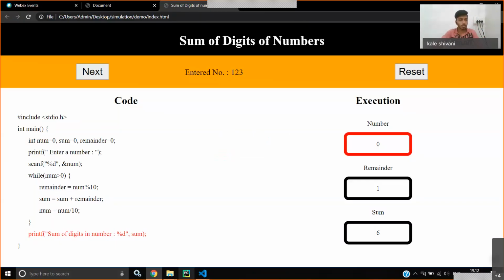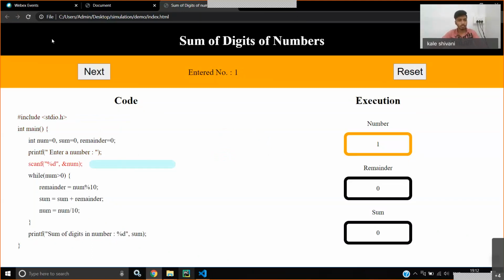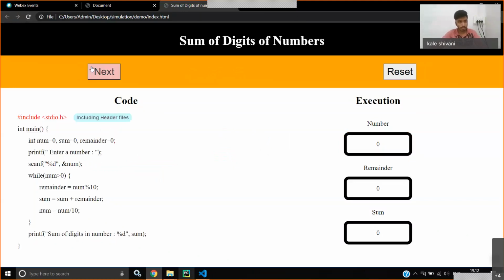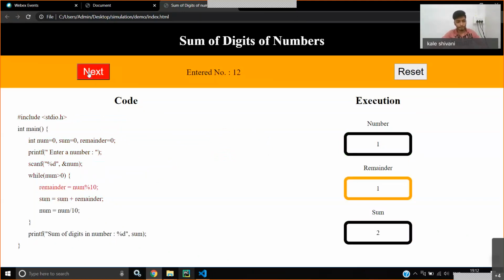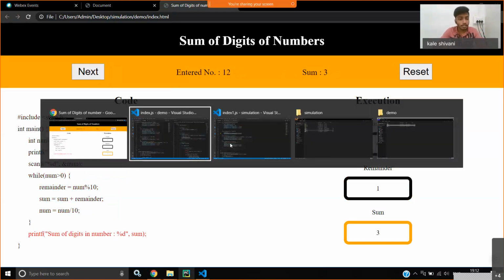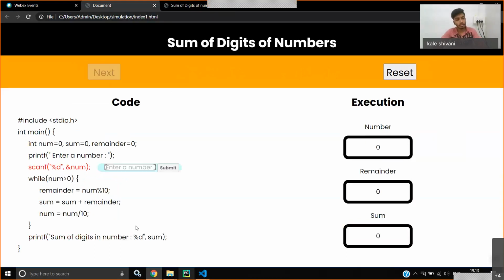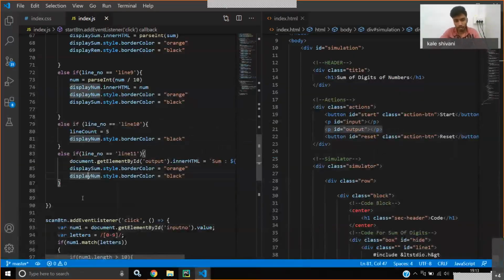Now let's see whether it's working or not. Refresh, start. I think it should take 2 digits. The condition fails. Okay, so you can see the sum is printed here, and it is the correct one. Now the next thing is, let me check. So now we have completed our execution.